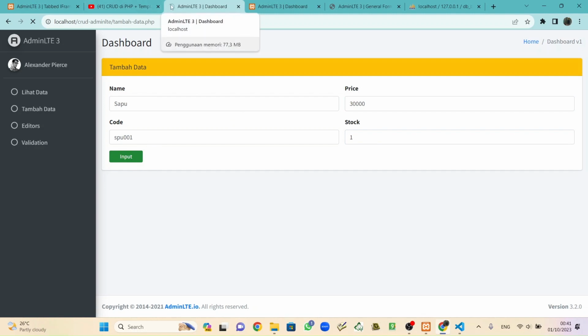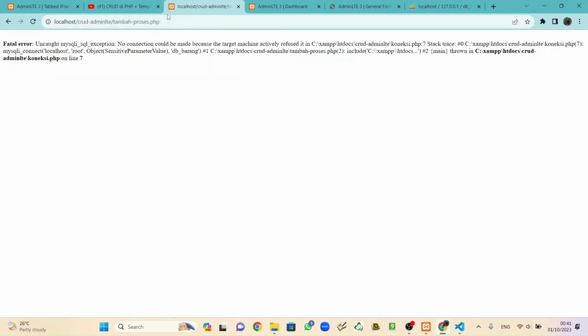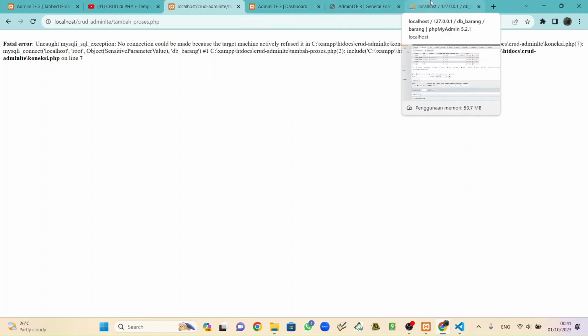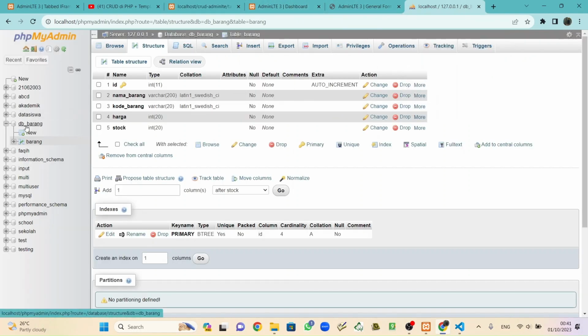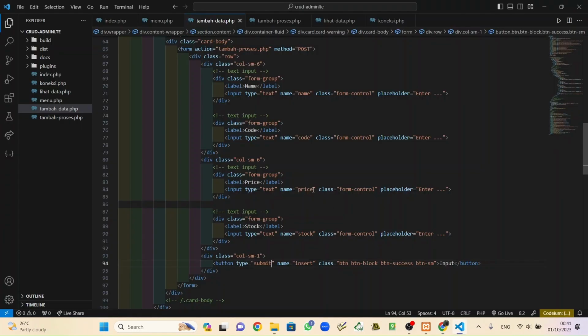reload. What happened? There is an error at line 7 at connect.php. What is that? DB barang. There's nothing DB barang, it thinks, but there's DB barang. I don't know.